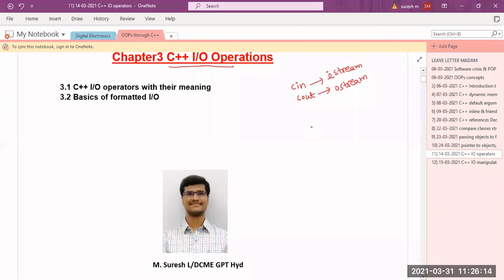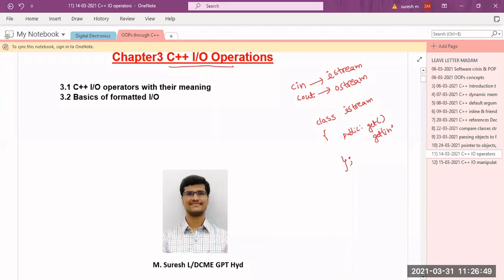So already you know the concept of class. There is a class called istream, and by combining both the features we have iostream also. But istream is a class, and within this class we have some variables. Every class will have both data members, that is member variables, and member functions. Within the istream class the important member functions are the get function, to get a single character,